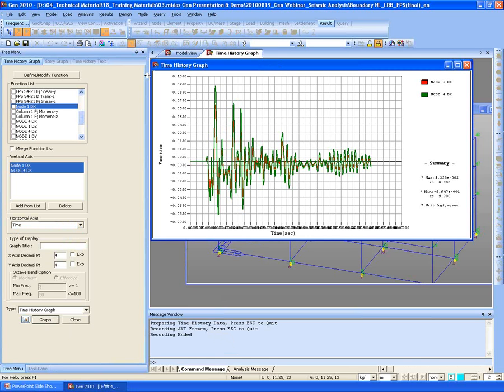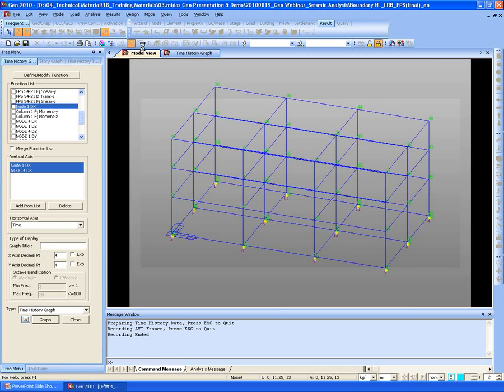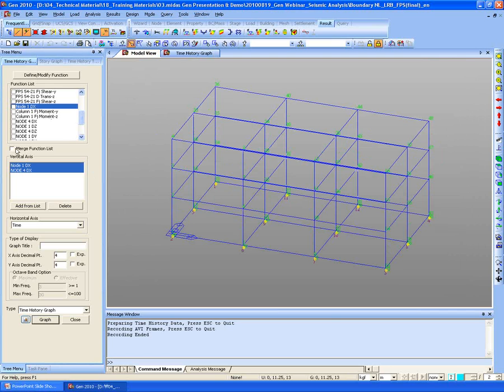So we can see this red line represents the first story's node, and this green line represents the third story's node. You can see there is not much difference between the two. By entering the isolator, this difference can be significantly reduced. And also,